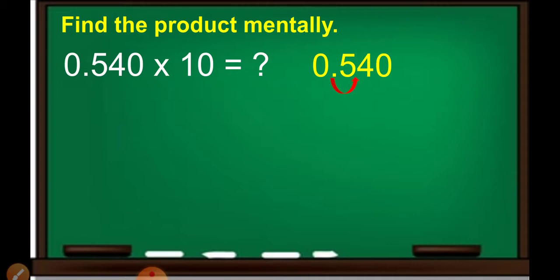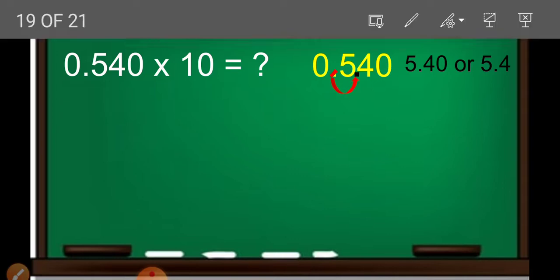So the decimal point will be transferred between 5 and 4 and the given decimal point will be cancelled. So the final answer, or the product, is 5.40 or 5.4. By the way, 5.40 or 5.4, they are the same, they are equal. So is that clear, class? Next,